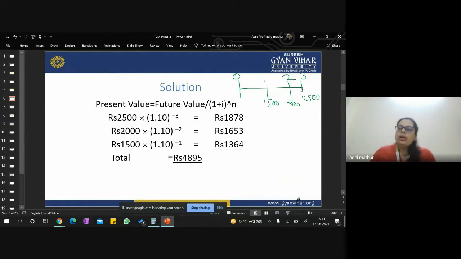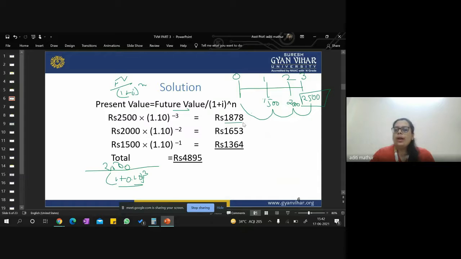So what we have to do is discount this 2,500 for 3 years. What was our formula? Future value divided by 1 plus i to the power of n. When you do 1 plus 0.10 to the power of 3, you use that amount to divide 2,500, which will give you